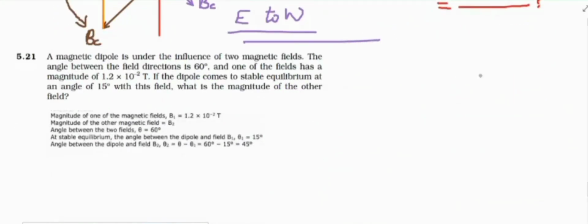Now, question 21. A magnetic dipole is under the influence of two magnetic fields. The angle between the field directions is 60 degree, and one of the fields has a magnitude of 1.2 into 10 power minus 2 Tesla. If the dipole comes to stable equilibrium at an angle of 15 degree with this field, what is the magnitude of the other field? So assume two magnetic fields. Say the magnetic field B1 and the second one, the magnetic field B2,